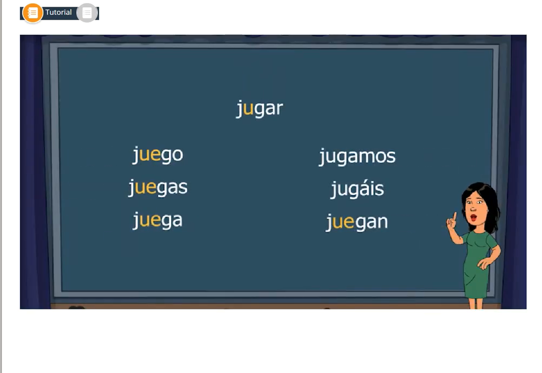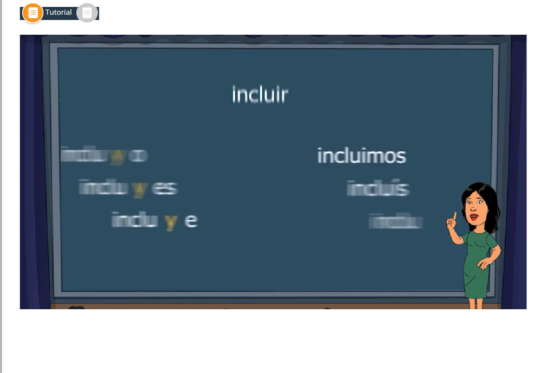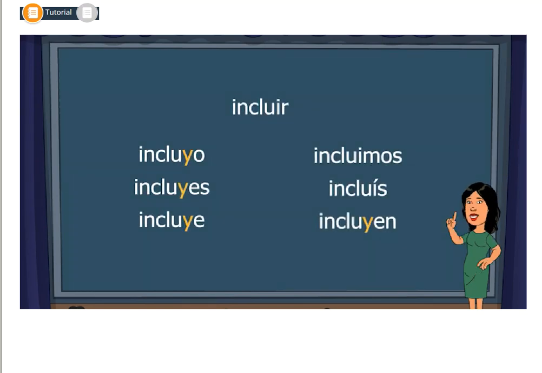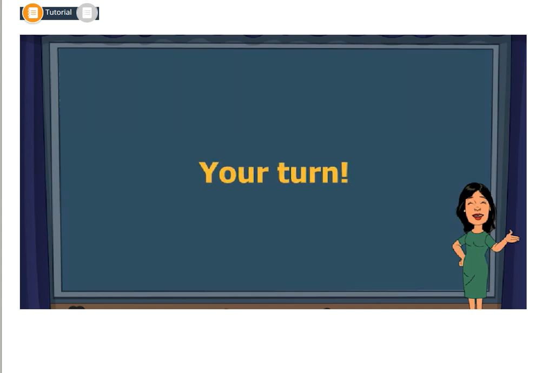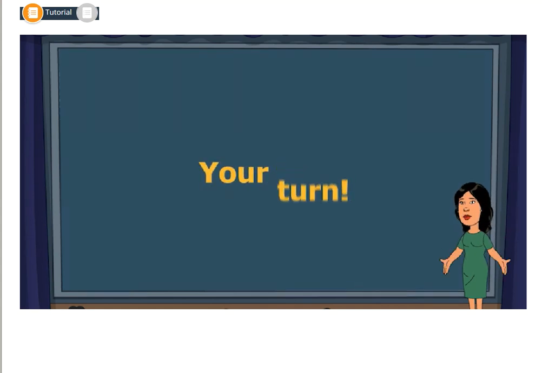Atención, the verb jugar also has a stem change in the present tense. The U changes to UE. Like other stem-changing verbs, the nosotros, nosotras, and vosotros, vosotras forms do not change. The verbs construir, destruir, incluir, and influir have a spelling change. Look here at incluir. You add Y before the personal endings, except the nosotros, nosotras, and vosotros, vosotras forms. ¿Crees que lo entiendes? Let's practice and find out.